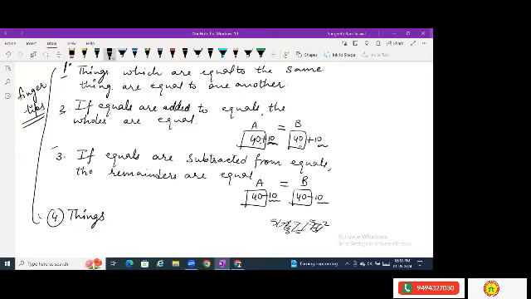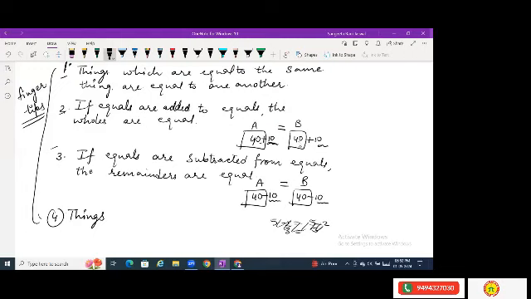When in the question you are asked which axiom follows here or which postulate follows here, then you have to write the statement of that axiom or that postulate. You cannot just write axiom 1 or axiom 2, no one knows what is 1. So don't go with the number. You have to learn these statements. Yes, ma'am. There are specifically marks for this because the question actually asks which axiom follows here. So you will have to mention there which axiom follows here.